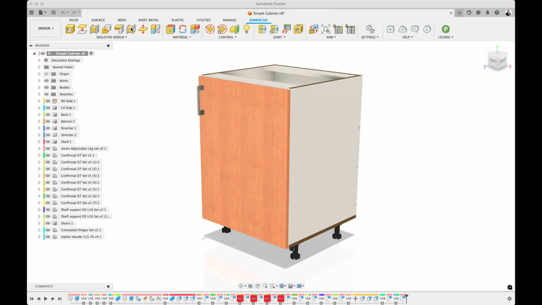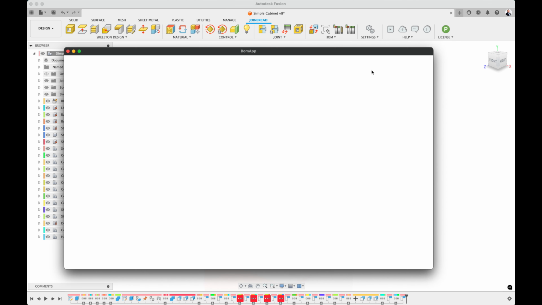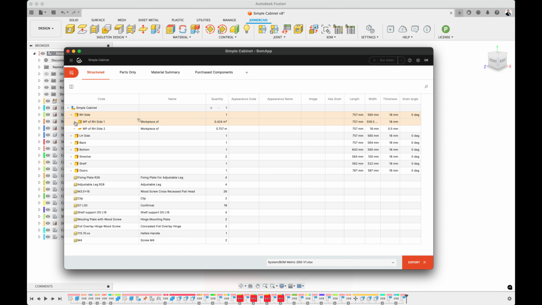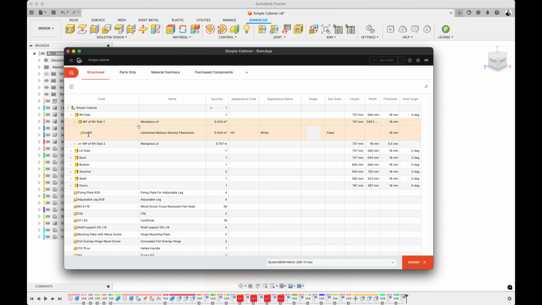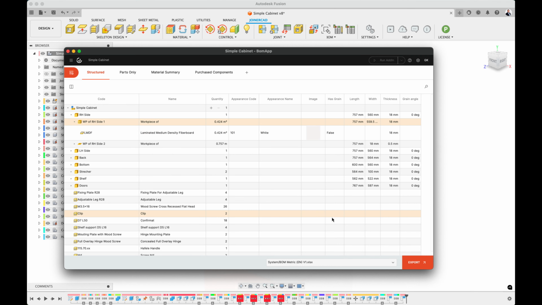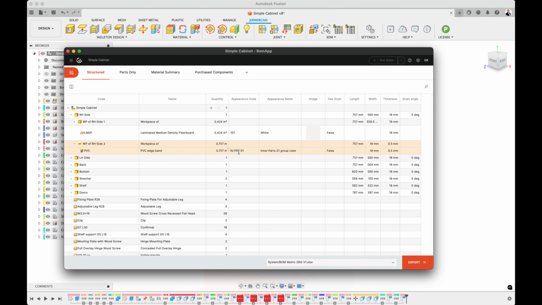After closing the replacement dialog, all changes are automatically saved. I will generate a BOM and check that the changes made have been correctly transferred to the BOM. By expanding one of the components, we can see that the BOM displays the information that was loaded in the replacement window. The BOM also displays the image that comes from replacement.